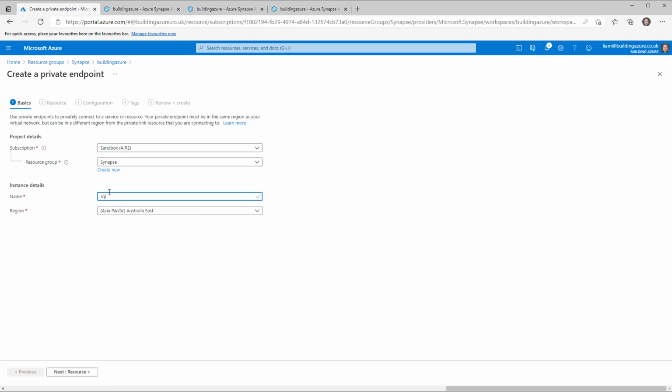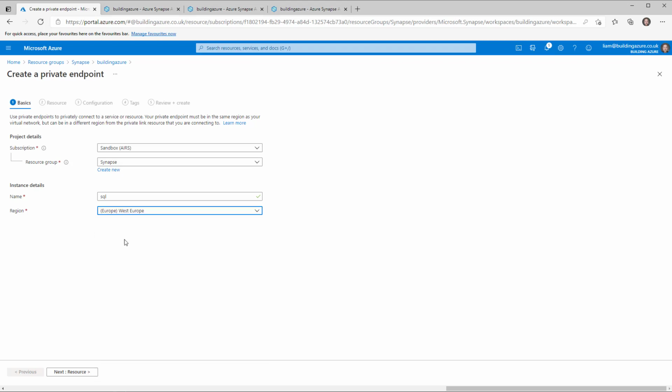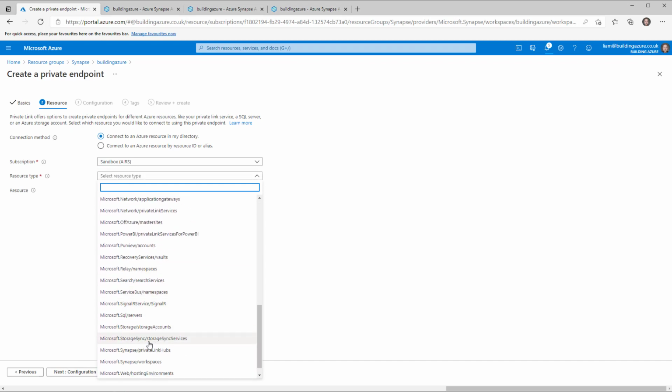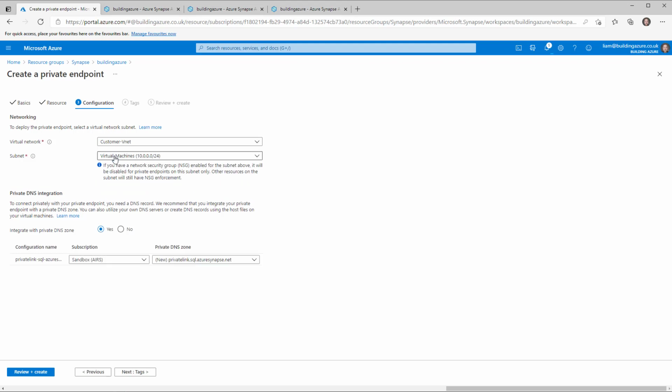Again, you can call it whatever you like. I like to match the name of the sub resource. So if I go to Microsoft.Synapse workspaces, pick your workspace, and now it's asking for the sub resource. I'm going to create one for each of these. So the first one I'm doing is SQL, and again I'm going to put it here in this private endpoints thing, and I am going to put this here. Create,